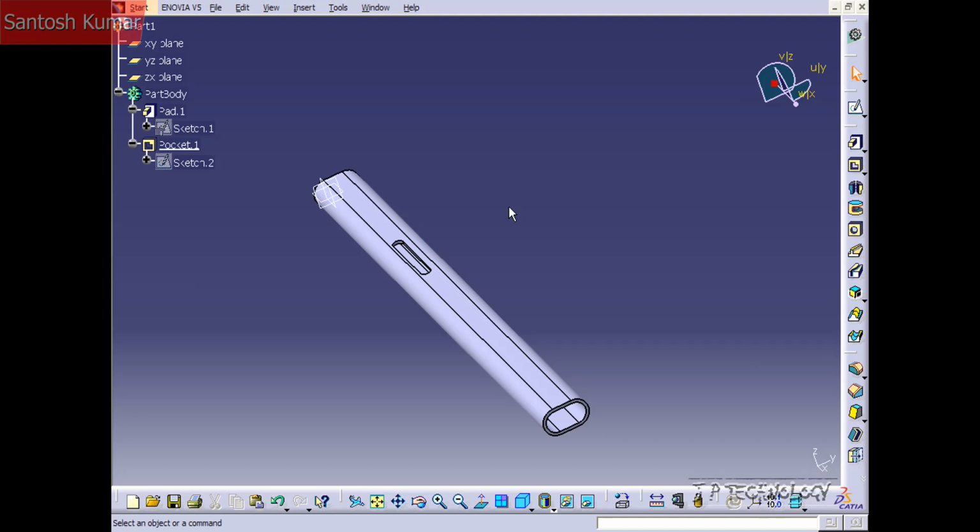This allows you to click, throw it on your part, figure out where you want to move it, and move it. Now the only drawback compared to the translate feature is that when you use the translate feature, you would get a feature on the side that said where you translated it and how far. With the compass, it doesn't give you any of that, so you can't really go back and retrace your steps. So you have to know where you want to put your component, and then use the compass and put it there. This tool will be very useful because it allows you to quickly and easily pick up